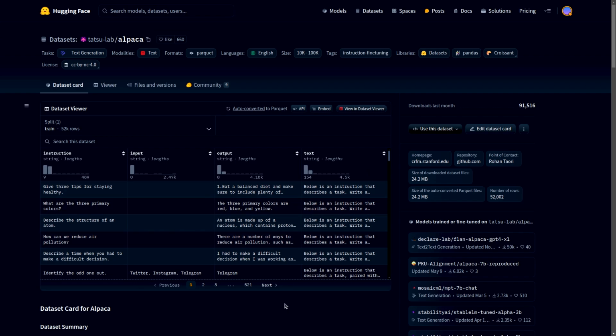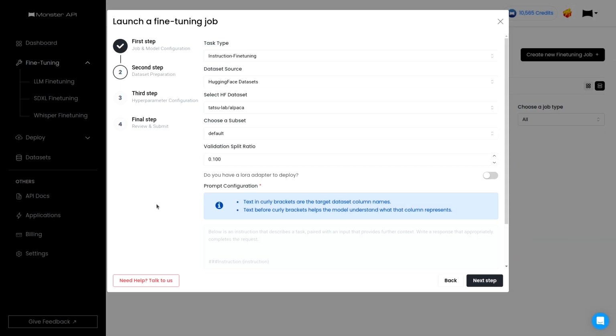We pretty much need the instruction, which represents the prompt, and the output, that is the response. And as you can see, we have a total of 52,000 rows within the train split. And there is no other split here. And that is why we were not getting any option to choose a train, test or valid in our MonsterAPI configuration. And coming back to the configuration page here,